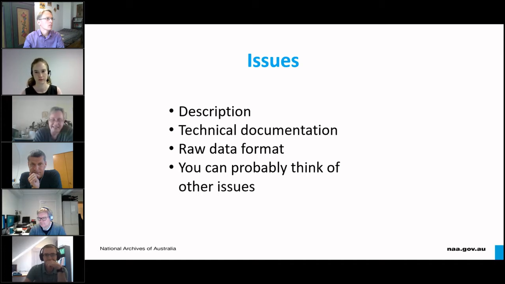For example, there's nothing explaining the relationships between all of the many CSV files and the transfer. If those relationships were somehow maintained, it might make the data more usable in more sophisticated ways. And also the raw data itself does not preserve any of the functionality of the agency system used to import and process the data.